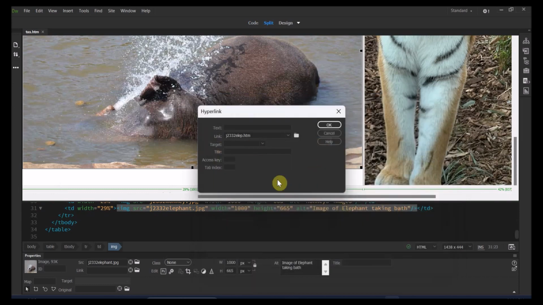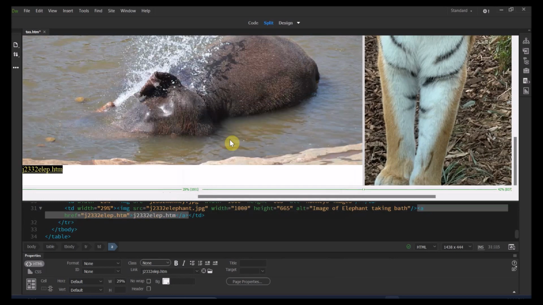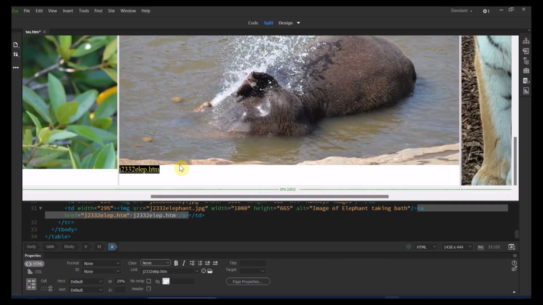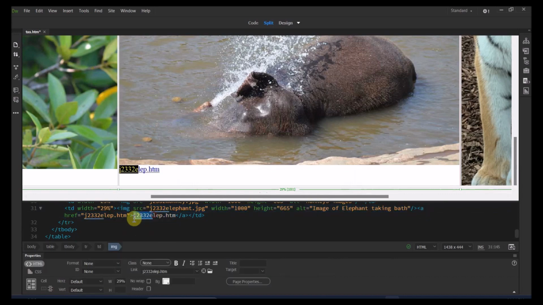So it's opening this page for us, and make sure that there is no text, but still there will be something to modify over here. So just click on it. Before I click anything else, like in a separate page or anything, nothing is mentioned. So let's click on OK. That's the problem here. It will add a text for you, as you can see over here. So what I'm going to do, this is the image. This image is supposed to be between this link in here. So just simply